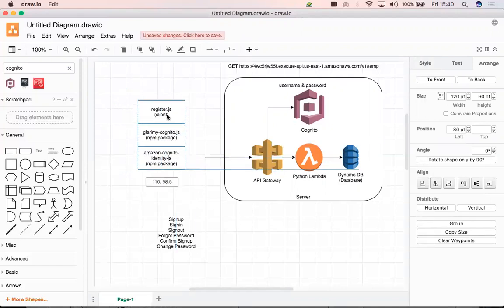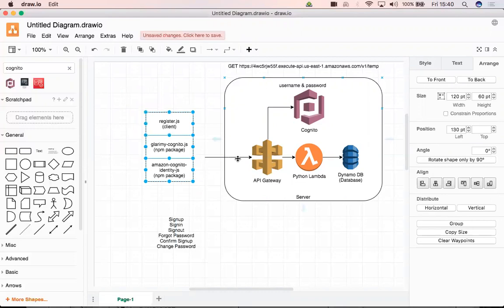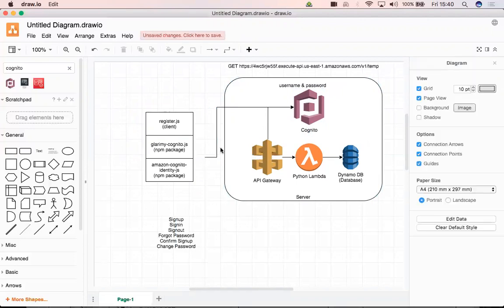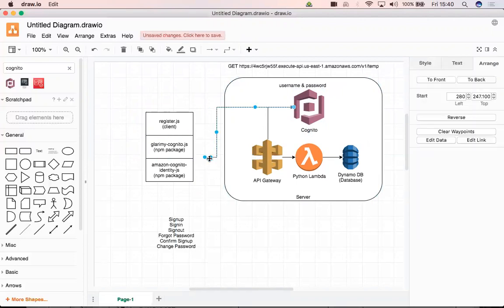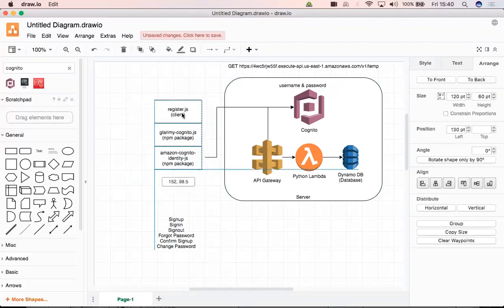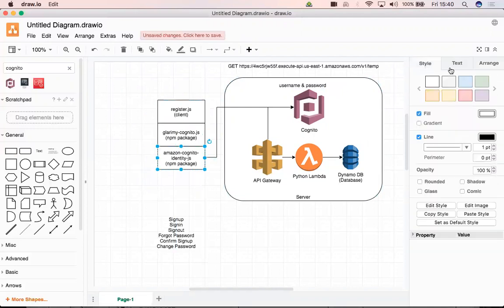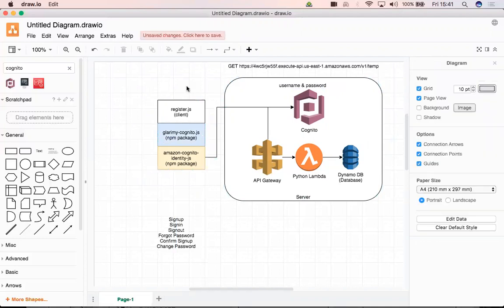And who is the actual one talking to the Cognito now? Currently we are doing registration, right? For registration, it should directly go to the Cognito service. Registration is nothing to do with a particular gateway. It should directly go to the actual service. So who is actually connecting to the Cognito service for registration? It is the Amazon one. It is not we. Amazon has given some code. We don't even know what is there in that. Glarimai Cognito is what I have developed to some extent.